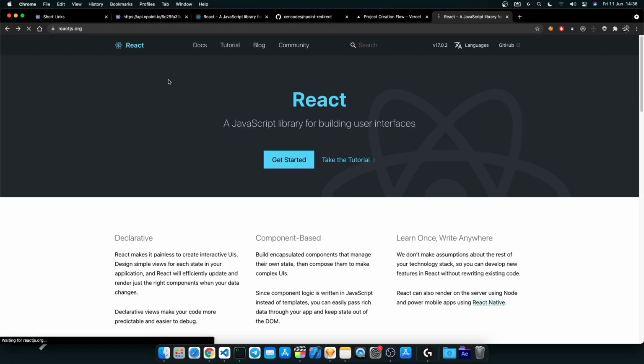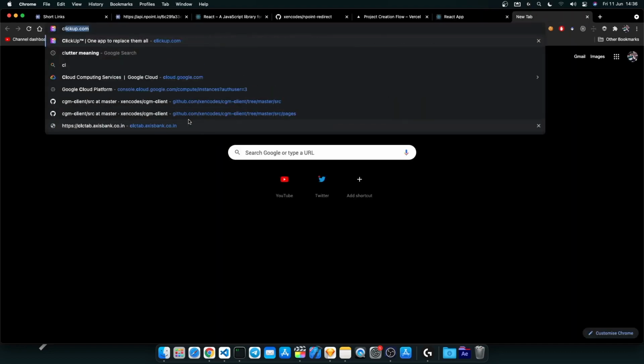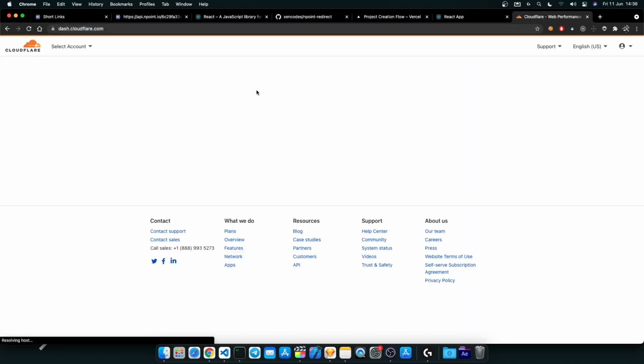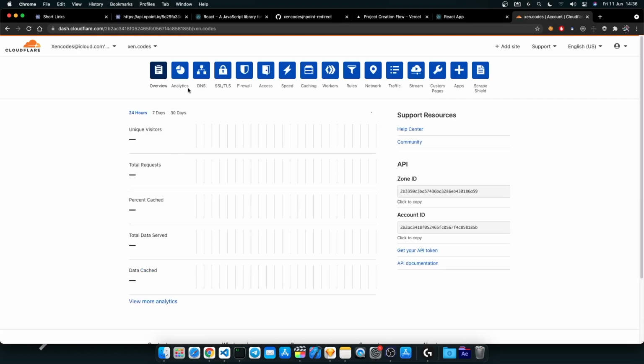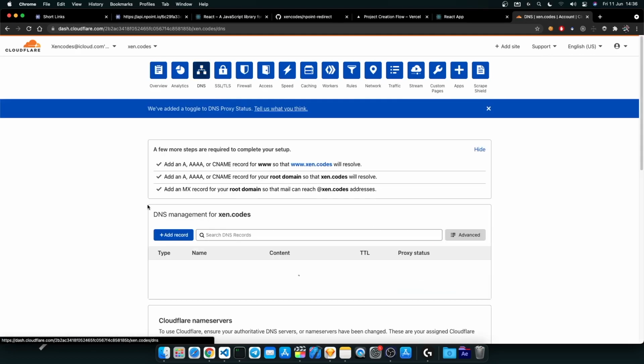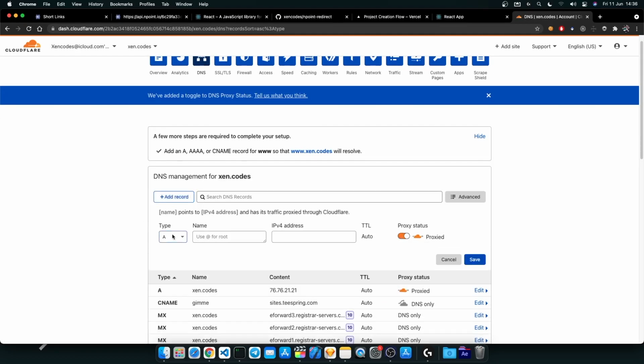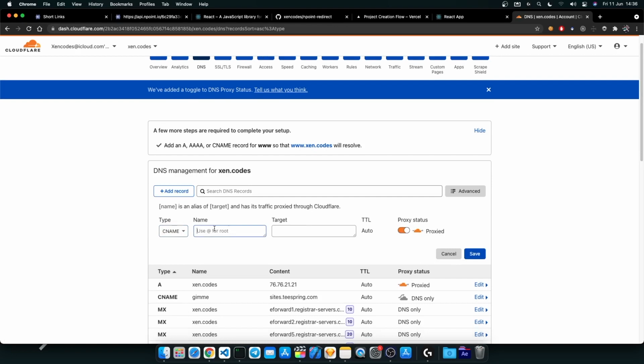Next, what we want to do is we don't want to use this long URL endpoint redirect.vercel.app. We want it to be our domain. And for this purpose, I'm going to use my domain. I'm using Cloudflare. So if you go to Cloudflare, and in here, let's choose my domain. And then we want to go to DNS and add a new record of type CNAME, and let's add